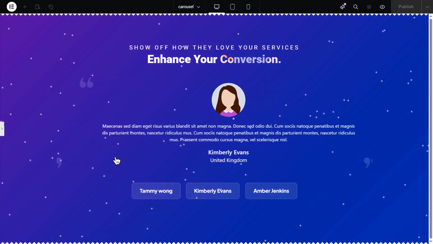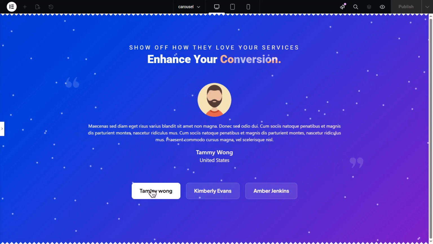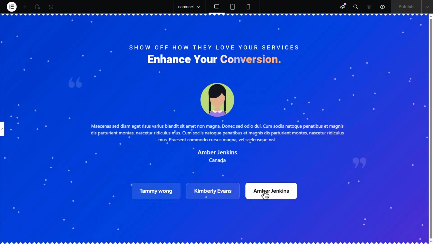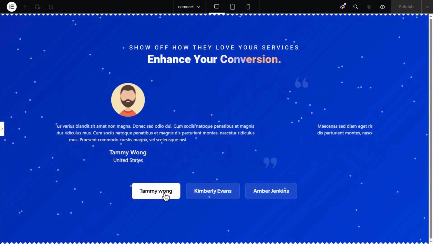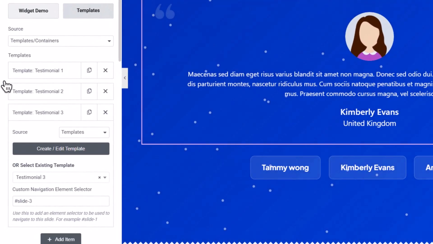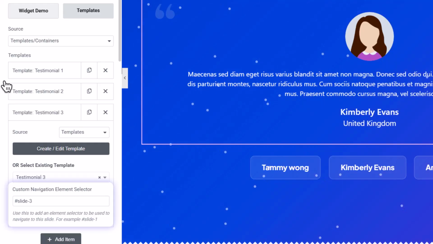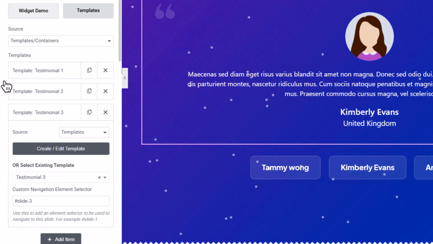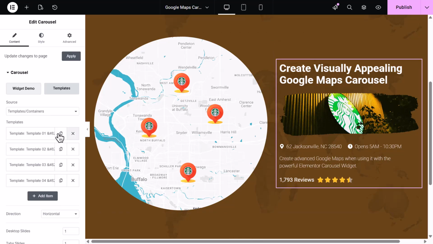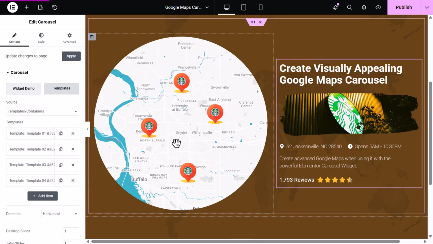Now clicking the first button takes us to slide 1, the second jumps to slide 2, and the third goes to slide 3. It's quick to set up and doesn't require any code. Let's take it a step further with a more advanced example that shows how Custom Navigation Element Selector works across different widgets. In this container, I have Premium Carousel widget with 4 repeater slides, and here, I have Premium Google